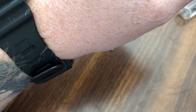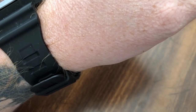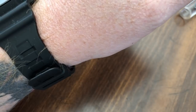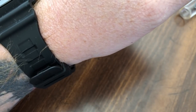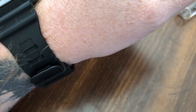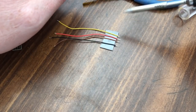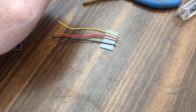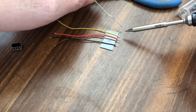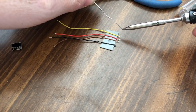So I'm prepping my tip here, getting it all soldered up. Making sure it's going to work right. Pretty. Just like it's supposed to. I'm actually going to increase the temperature just a little bit. I'll go to 350. Alright, so what you're going to do is you're going to do a little solder on